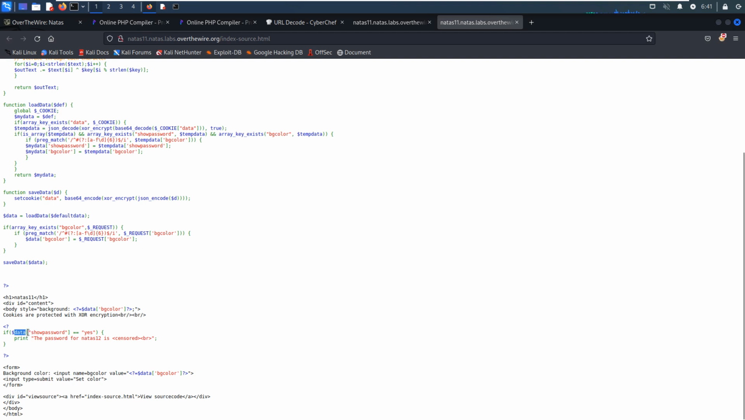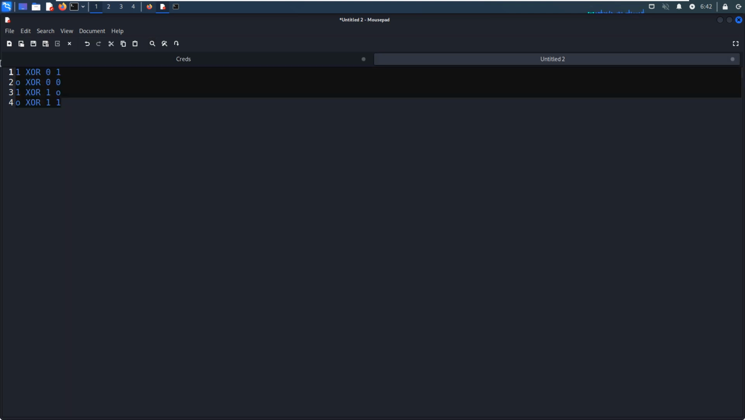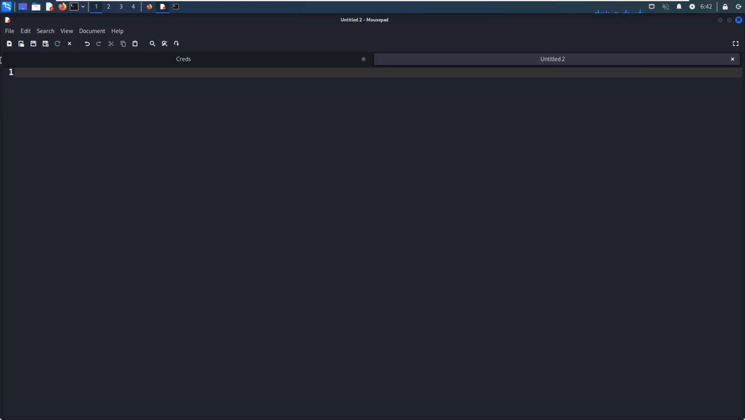And if the data has the key "showpassword" and the value for this key is "yes", then the password will be printed out, right? So this is what we are going to do. If we want to get the password, then we need to